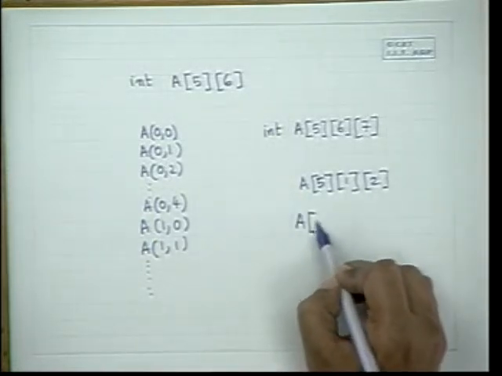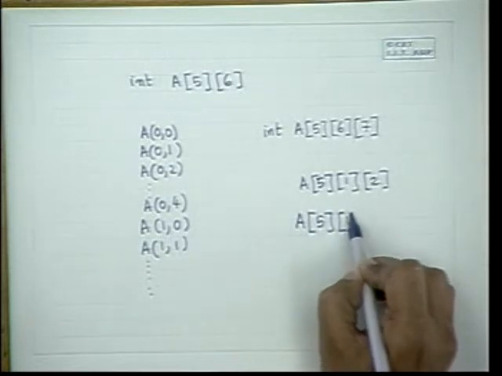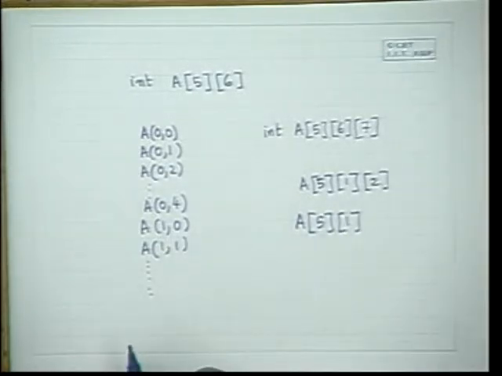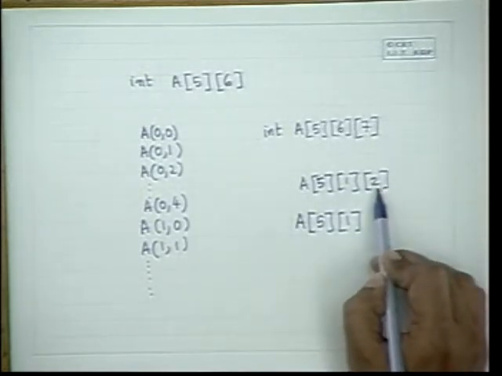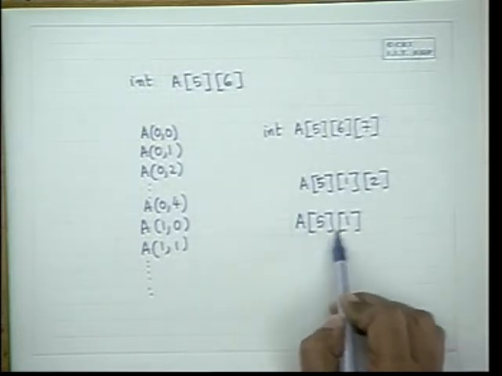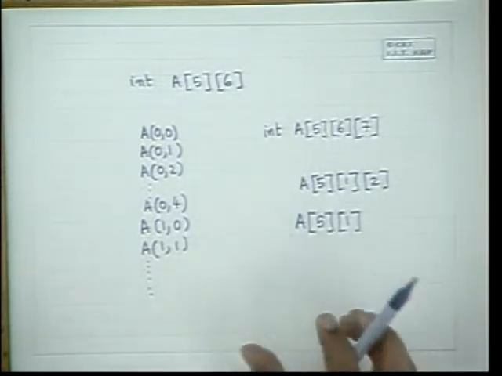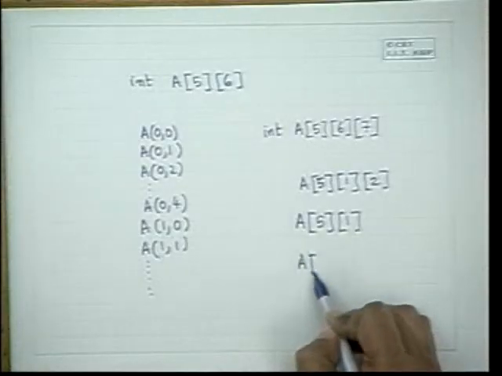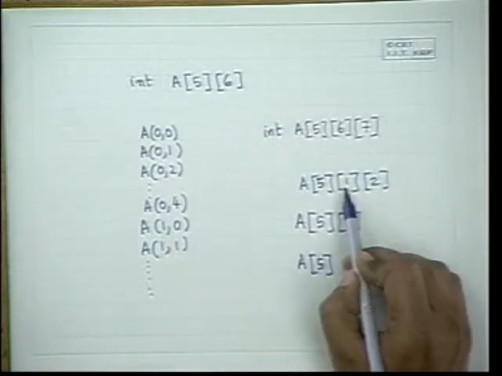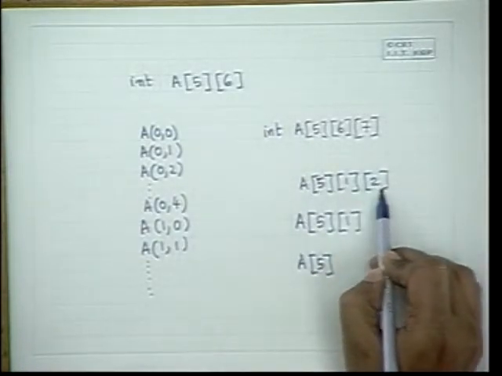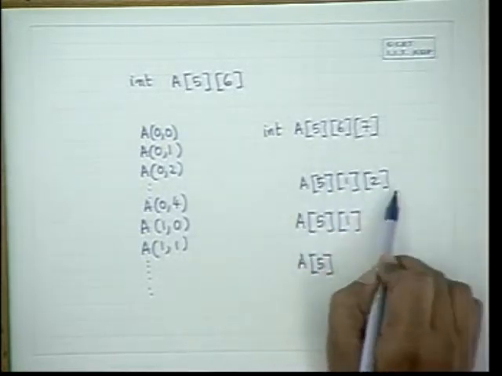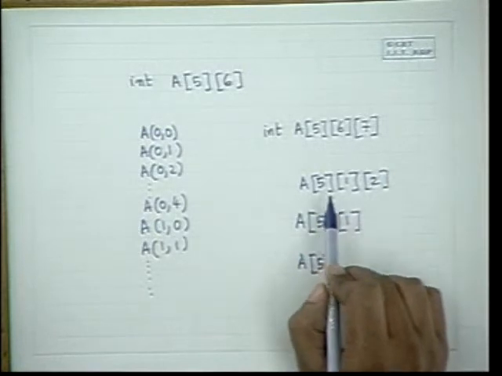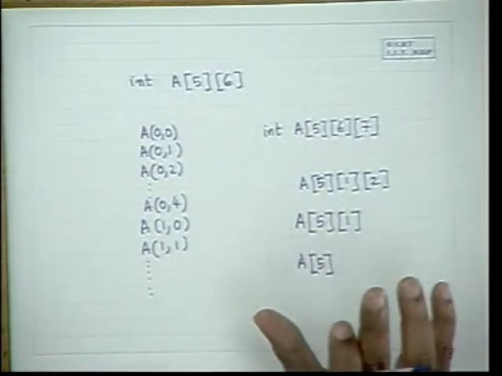If you write A51, it will give you the address of the array of two elements which starts at 51. So you can look at it as a multidimensional structure, and if you write A5, it will give you the address of the 1 by 2 array from the 5th place. So you look at it as a cube, and inside this cube you have got subcubes.